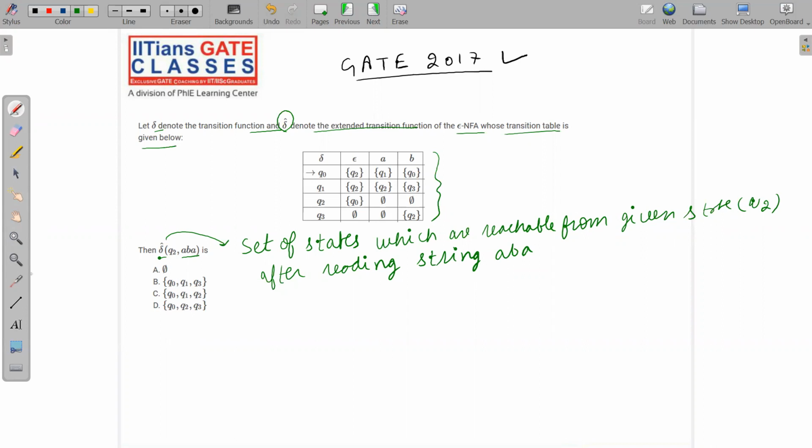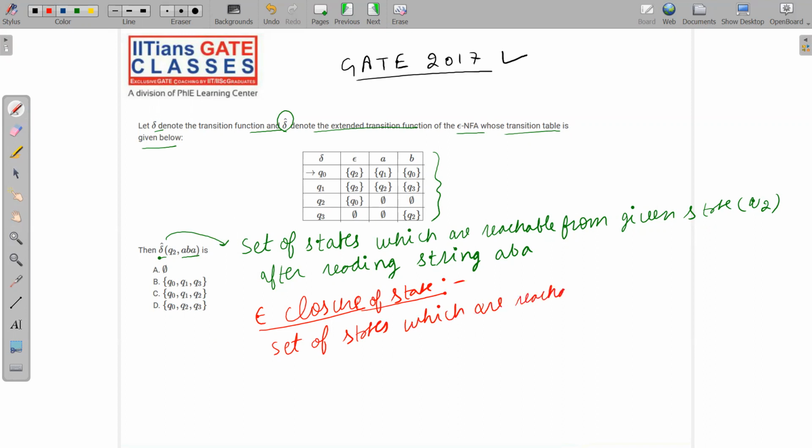For this we need to follow very simple steps. Step number one is to first find the epsilon closure of Q2. Let me introduce a new term, epsilon closure. Null or epsilon is one and the same thing, so I'm writing null closure, or epsilon closure. Epsilon closure of a state: the definition says it is the set of states which are reachable from the given state,